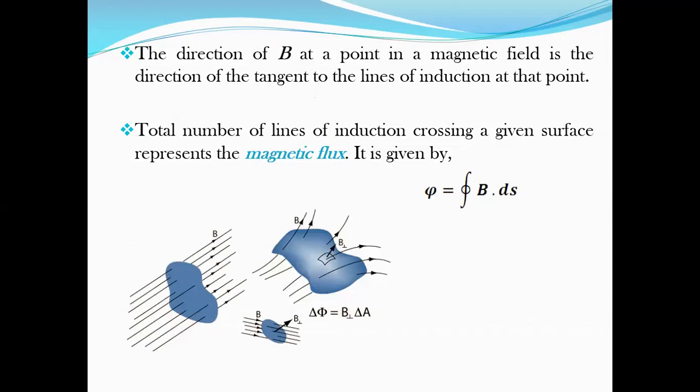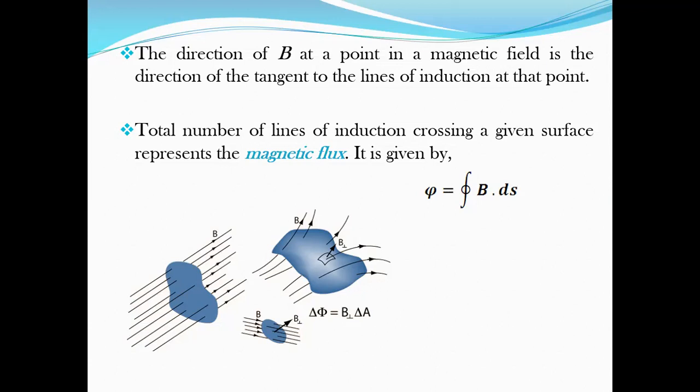The direction of B. Remember that the magnetic field is a vector. It has a direction and the magnitude. So the direction of the B at a point in a magnetic field is the direction of the tangent. Suppose there's any field line, maybe the curved one, or the straight line. When you are drawing the tangent to the field line at that point,